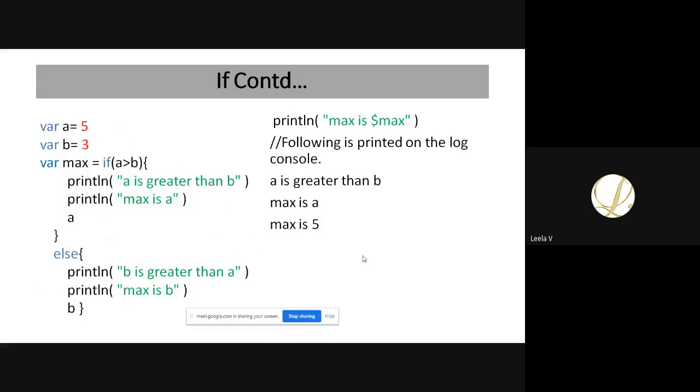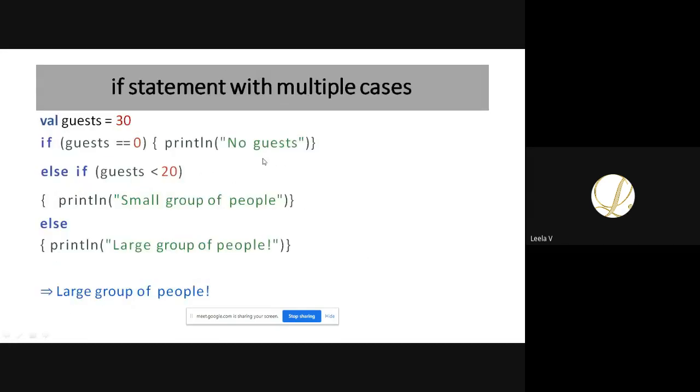Your next one is you can execute this else if also with the help of Kotlin. So this is an example. We are using if else if, more number of conditions. You can give more number of conditions with if statement. If your guess value is equal to 0, then it prints no guess. Otherwise, it will check with your next option.